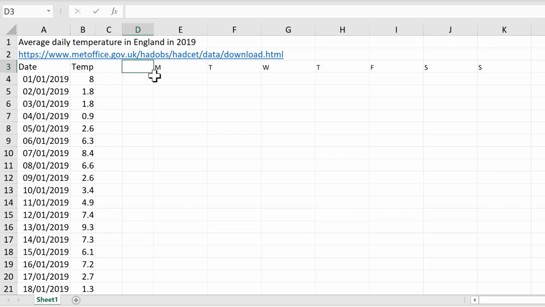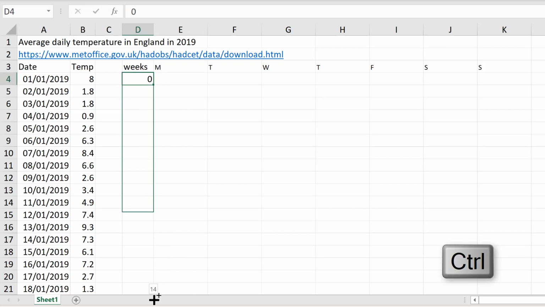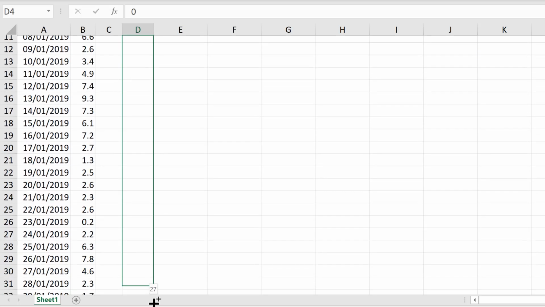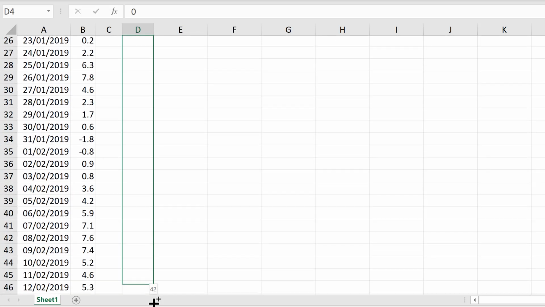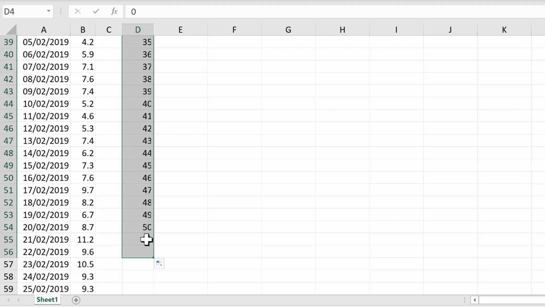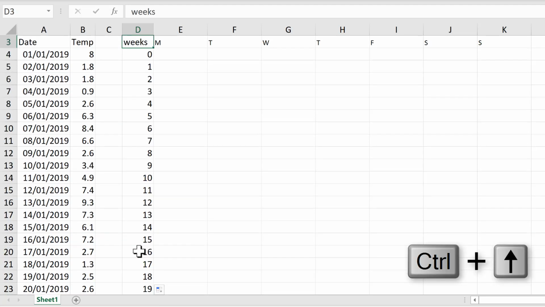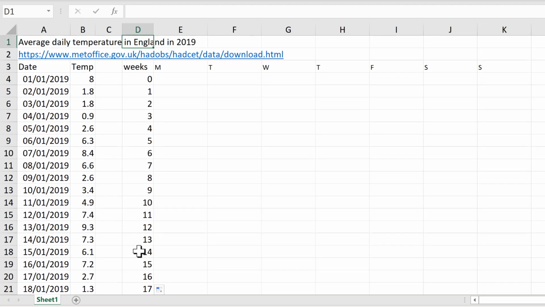Then in this column, I'm going to put the weeks of the year, starting from 0, and then holding down Control and click and dragging until I get to 52. As there are 52 weeks in the year, and the first week and the last week will only be partial